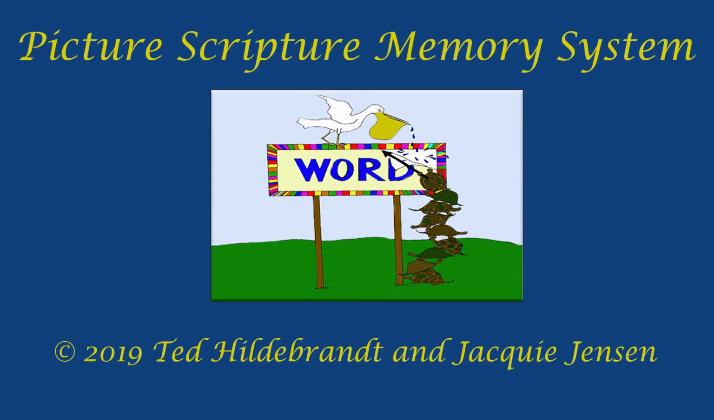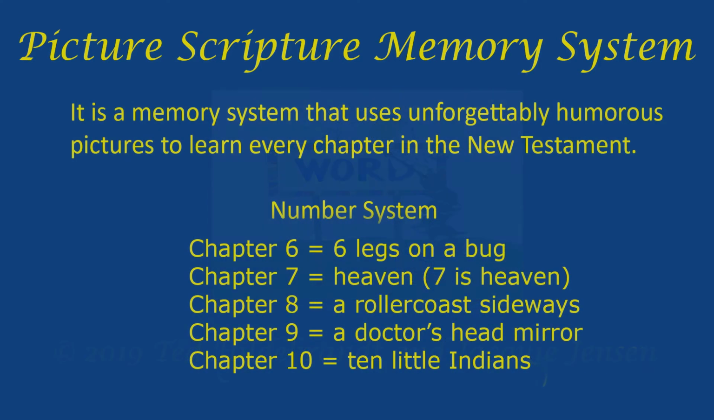Welcome back to Picture Scripture Memory System for the Book of John. In this short video, we'll be working on chapters 6 through 10 and then doing a quick review of chapters 1 through 5. The number system for chapters 6 through 10 is: chapter 6 are 6 legs on a bug,